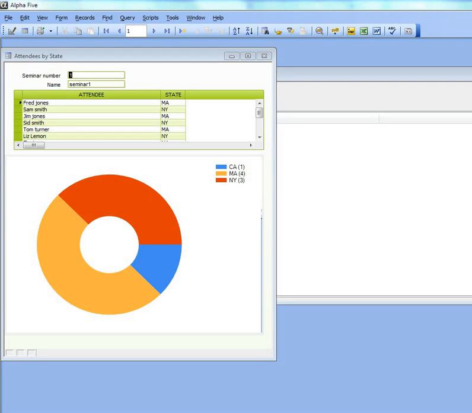In this video we're going to show how the new charting features in Alpha 5 version 11 can be used to embed a chart on a form where the chart displays summary information. So what you can see here is a very simple form that is based on a set, and if we